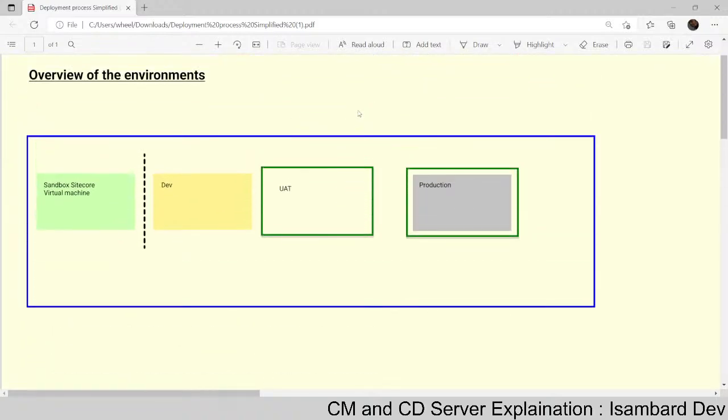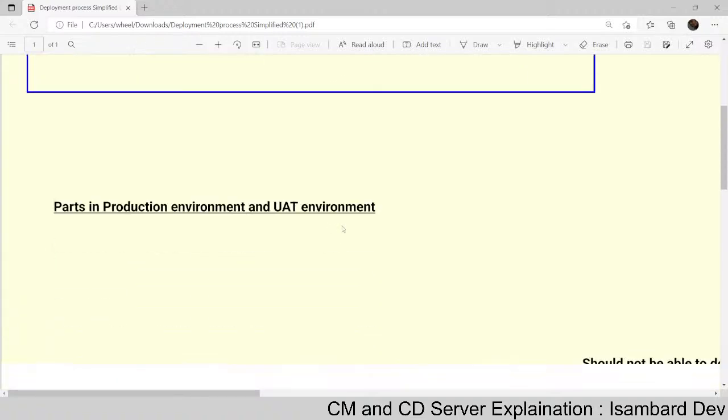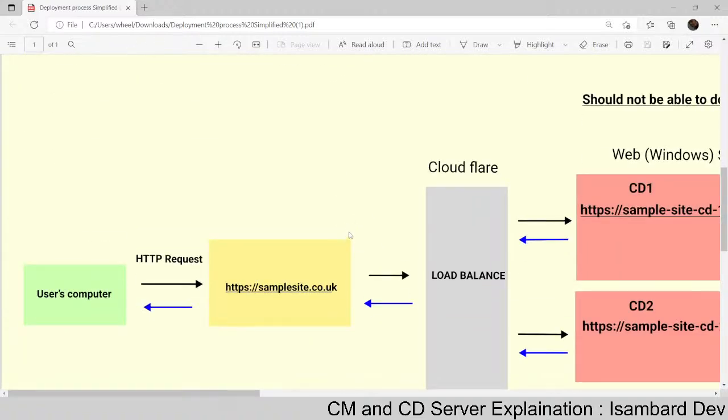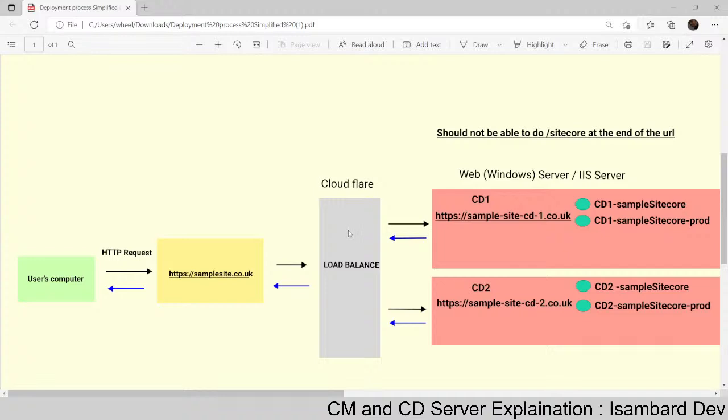So in the graph we have the different environments. On the leftmost one is your local environment. Then you have the development environment. You've got the UAT environment in the middle, and then you have the production environment. So that's from a high level. And then if we scrutinize that a bit more,